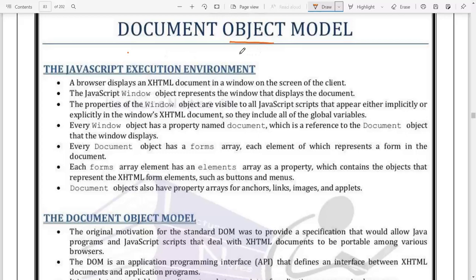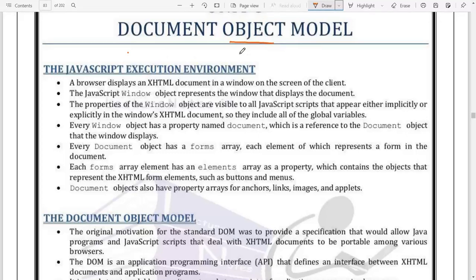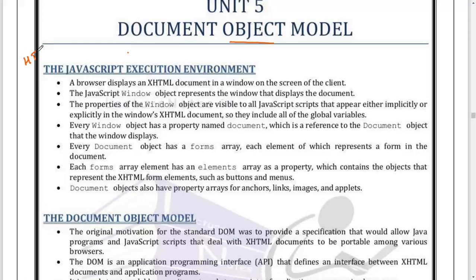So how the elements that are present in HTML will be converted into objects. As we know, when you use HTML, the program that you write will be using tags.